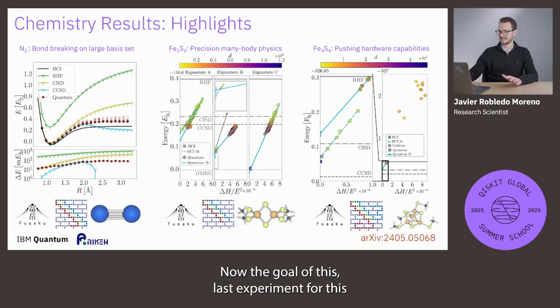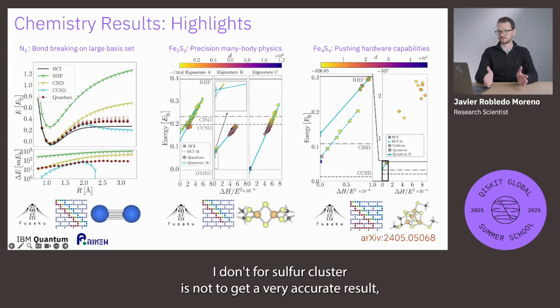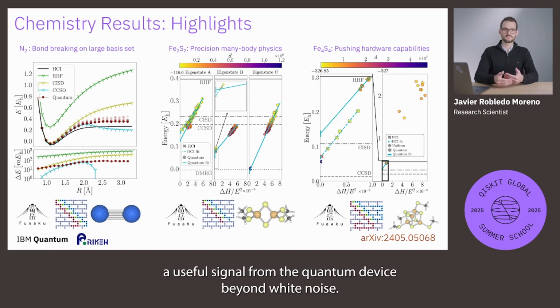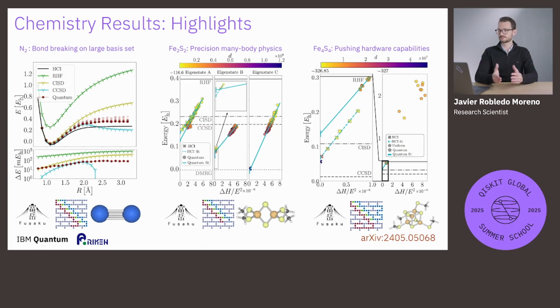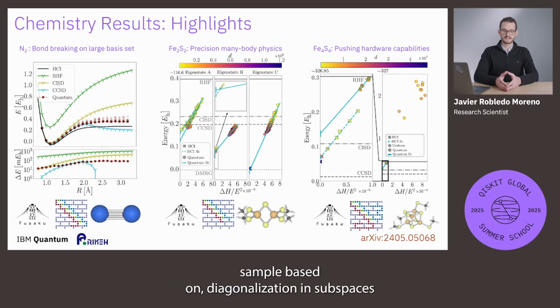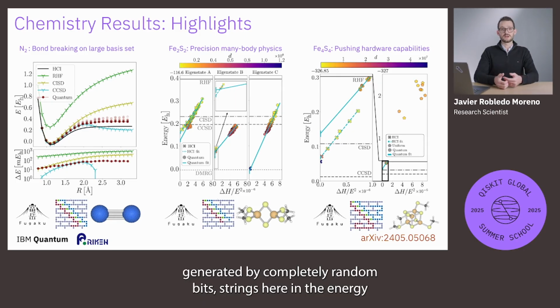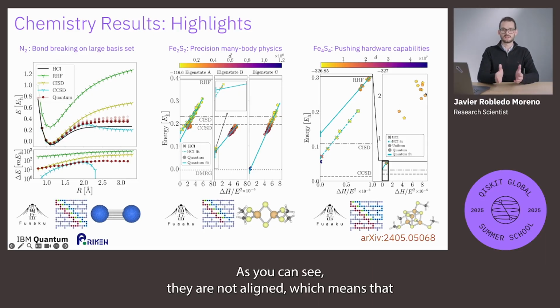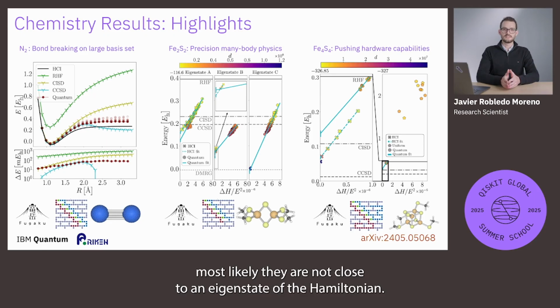Now, the goal of this last experiment for this iron 4 sulfur 4 cluster is not to get a very accurate result, but instead to try to address whether we could extract a useful signal from the quantum device beyond white noise. So what we did to assess whether that was the case, we just ran sample-based quantum diagonalization in subspaces generated by completely random bit strings. Here in the energy variance plane, these are the points shown by the pentagons. As you can see, they are not aligned,